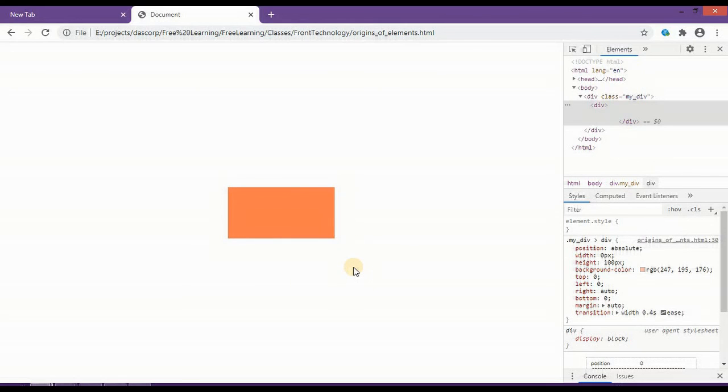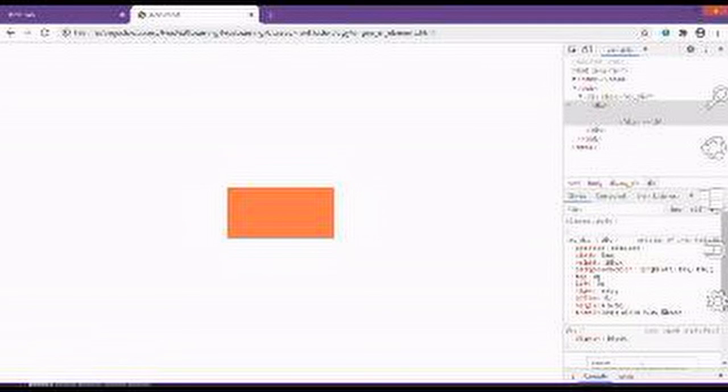Now I'm going to tell you about the CSS3 stuff, where we can definitely change this origin with different kinds of properties. I will discuss that property in our next video, and till then,